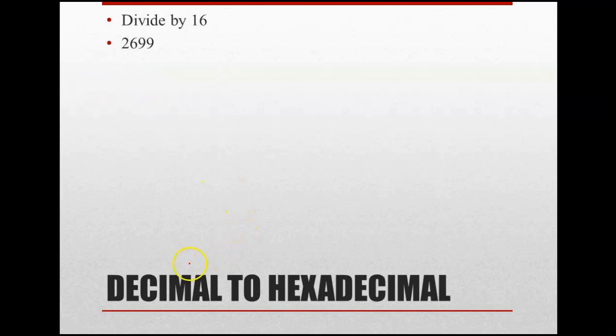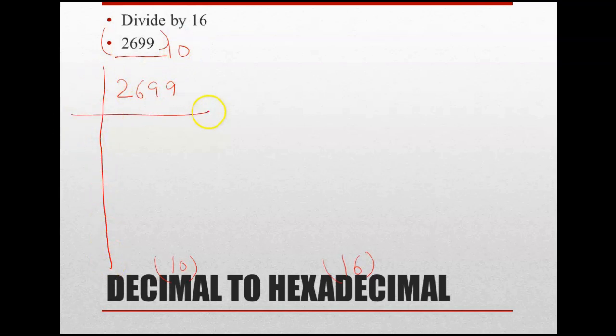So what you have to do, as we are converting from decimal to hexadecimal form, in that case you will divide this number by 16. So division by 16 is exactly the same only. So the number is 2699, which is in decimal form. So let me write the number again, and then you have to divide it by 16, so you should be clear with the table. So it is 16 1 16, then 10 is there, 109, then 16 6, and 8. Yeah, so in total 11 is the remainder, right?